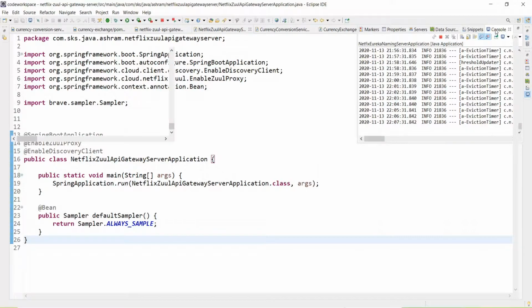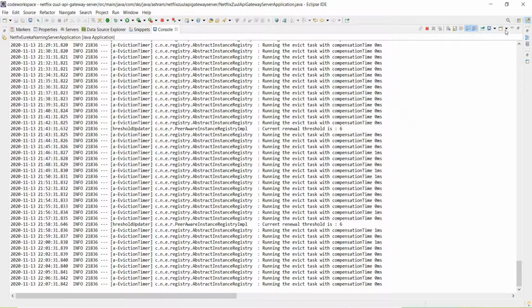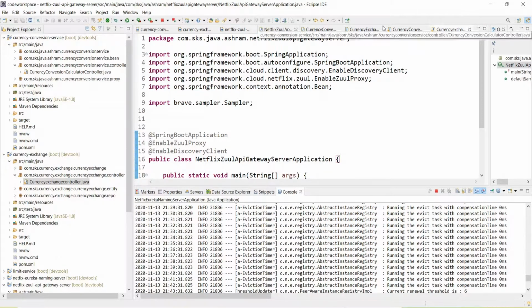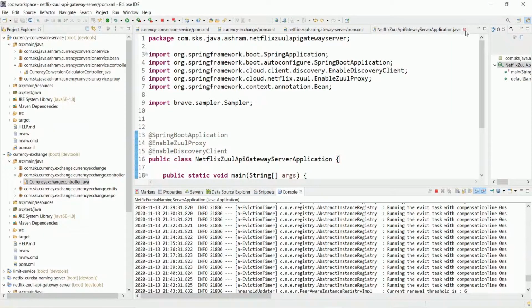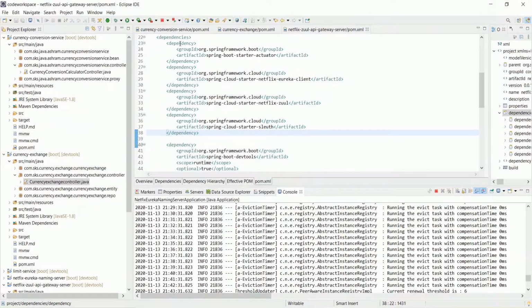Here what you need to do is just add the dependency, nothing more than that. Let me close all the others.